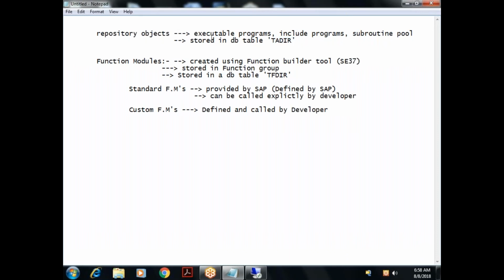programs, subroutine pool, all these repository objects are stored in which table? TADIR. As part of SAP software, you will have one integrated database. In that database, there are some tables provided by SAP itself. Those tables are standard tables. One of the standard tables is TADIR, which is responsible for storing the information related to repository objects. Similarly, now we are going to create something called